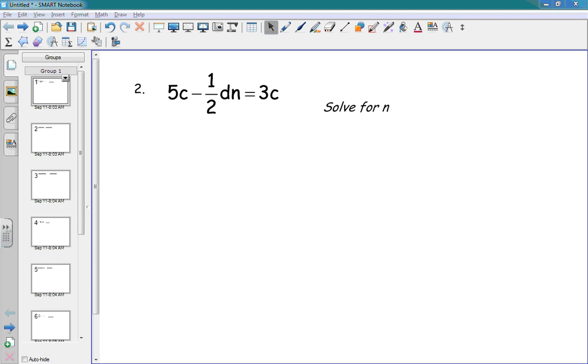Okay, now, with that said, what we're doing today is we are solving for the specified variable. In this case, the variable is n. So what I want you guys to constantly do is highlight n. Why do I want you to highlight n? Because you're used to solving for x, and x normally has no letters in it except for the letter x. True statement? Okay, today we have nothing but letters in it, which means you guys need to focus on what